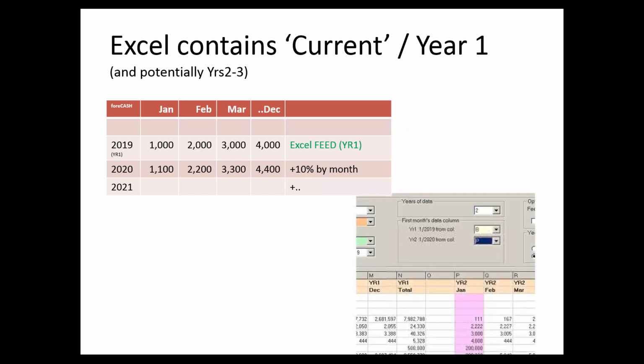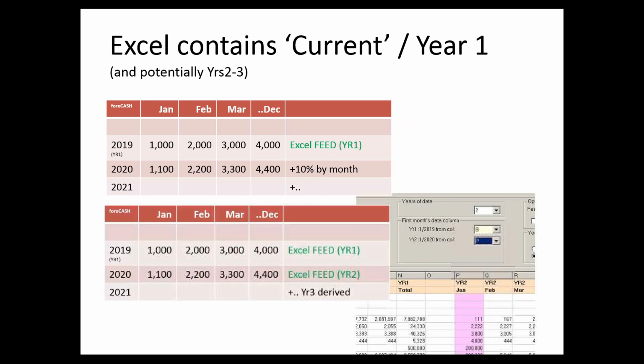When you run the wizard, you'll see that you have the option to feed in more than 1 year of data. In this screenshot, there are 2 years of data, both of which can feed straight into foreCASH. But if I'm creating a 3-year forecast, I can still use the auto increase feature for year 3. That addresses the key elements of getting your initial forecast data, but in order to think one step ahead,